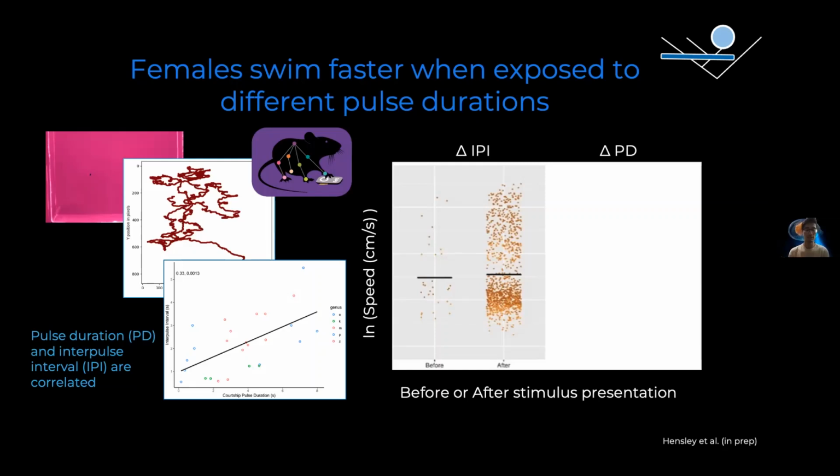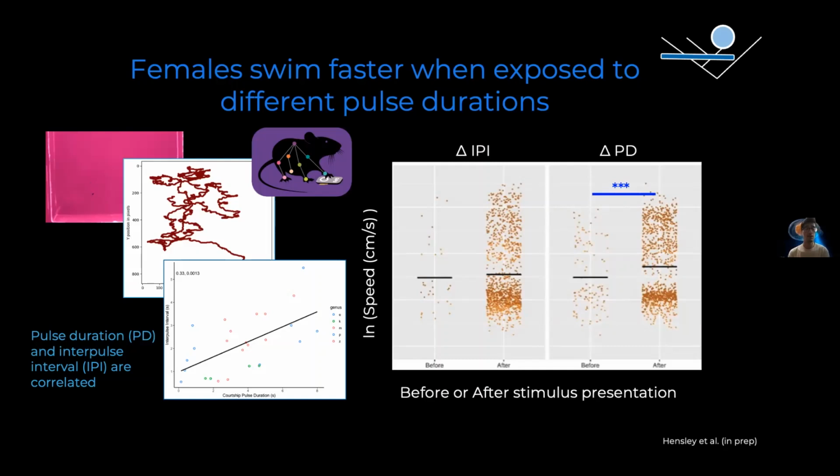So we did 2 different things. We either changed the timing between pulses in these LEDs or the duration of the pulses to see how it affected female swimming behavior. And when we changed the timing between pulses, the IPI, we saw that females didn't really care about that. They didn't swim any faster, which might be a metric of their motivation to do mate searching. But when we changed the pulse duration, we see that females significantly increased the rate at which they swim, suggesting maybe that they're looking for mates,